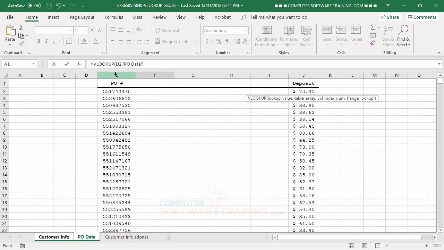So we're going to select from E to J. I made a point of having nothing in between here to prove the point that it doesn't matter how your data is laid out, as long as the first column